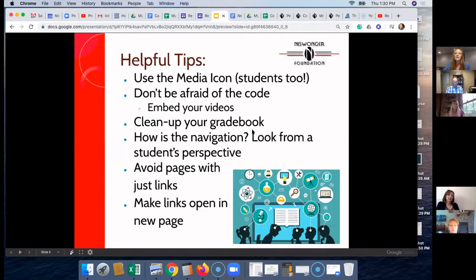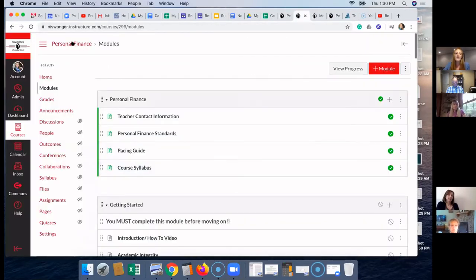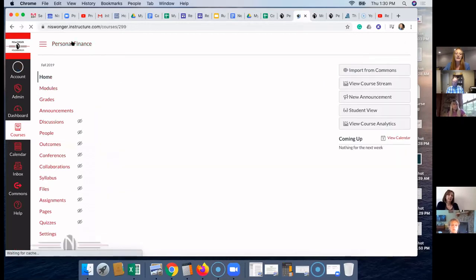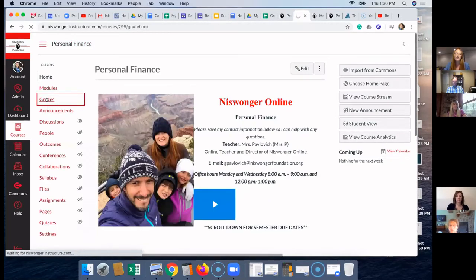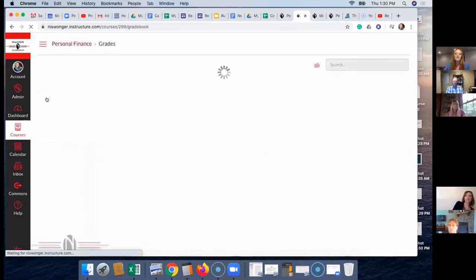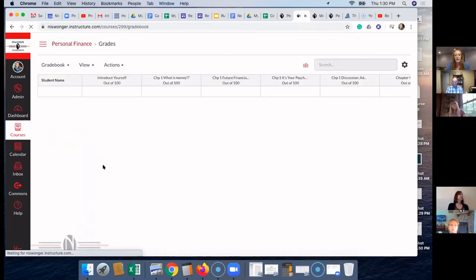I'll talk about your gradebook here within the class. Within the last couple of years, the new Canvas gradebook has been pushed out, and you may have noticed changes or not, but one thing that has really made my life easier on the gradebook is the ability to use those drop down boxes.